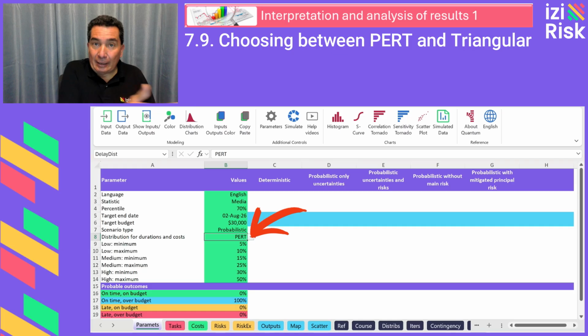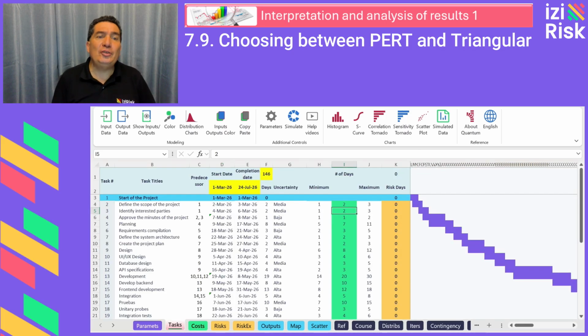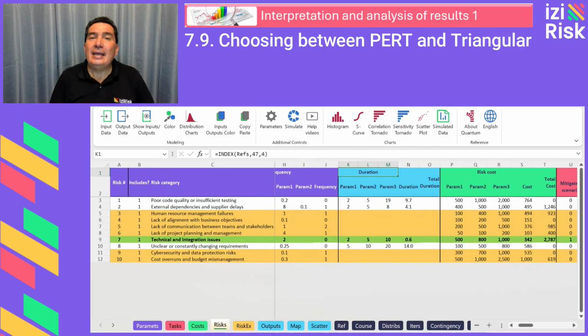This distribution, like the triangular one, requires three parameters: a minimum, a mode, a most likely value, and a maximum. The difference lies in the shape of the curve. PERT is smoother, while triangular has straight lines. When selecting PERT, it is applied to task durations, fixed and variable costs, and risk impacts in both duration and